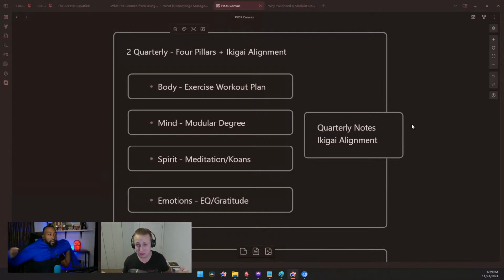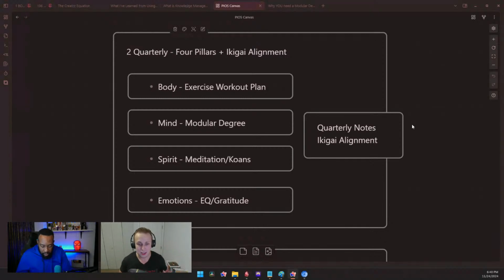I don't want to get too woo-woo about it, but the point is meditating or having this balance between your conscious mind and subconscious mind and bridging that connection. I have slash koans here because I like to use Buddhist koans as something to ponder while I'm meditating.